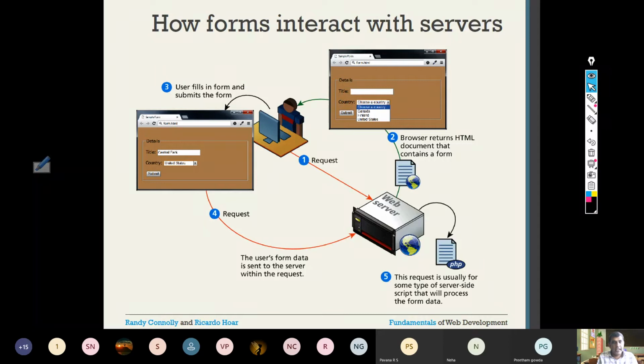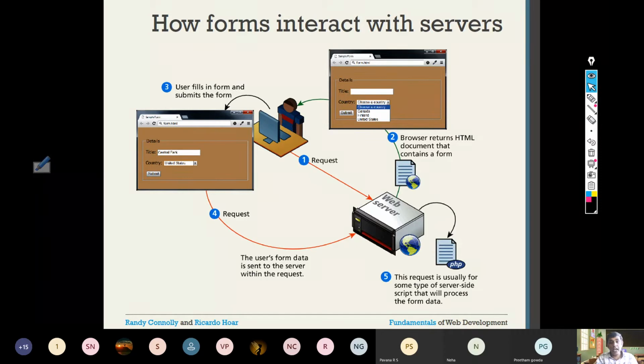or how a client interacts with the server using forms. So the first step is the user requesting a form. Second, the server will send an HTML form. Then third, the user will fill all the data into the form and submit. Once you submit, your browser, the web client, will send a request to the server. Apart from requesting, what does it request? It is requesting the server to execute some PHP like result.php.